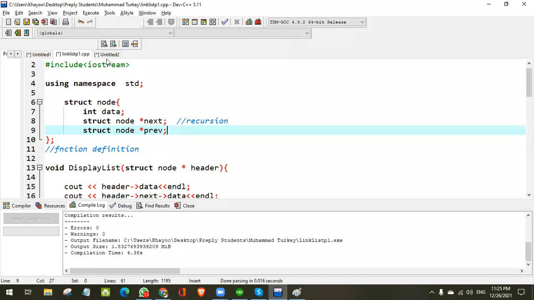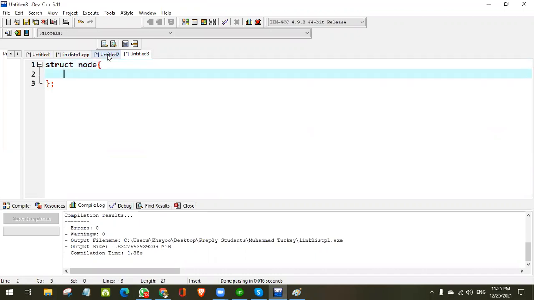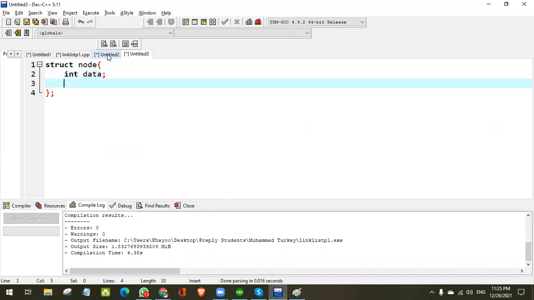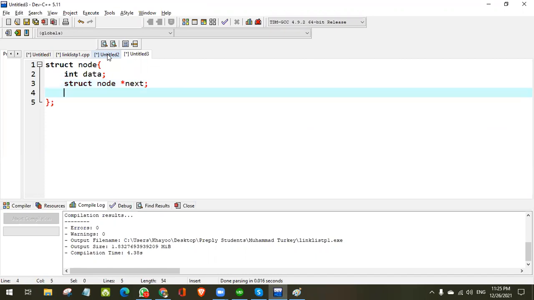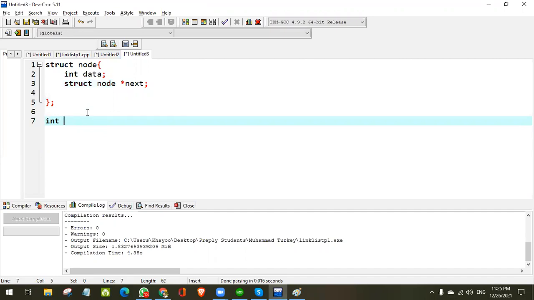You will start here with the structure, struct node, and you will define this one here. For example, you are going to create integer. You will type integer data and then struct node and pointer next. So this is the structure defined for you. Now you can go to the int main function.